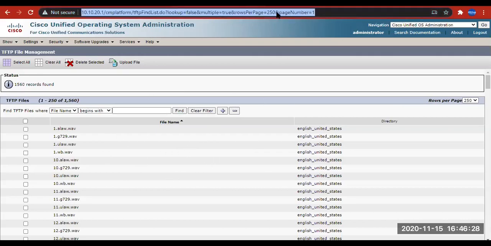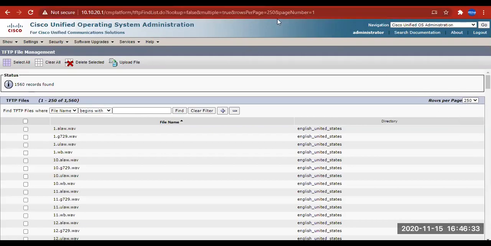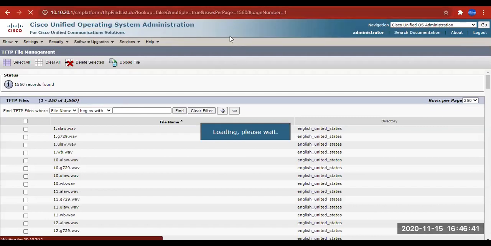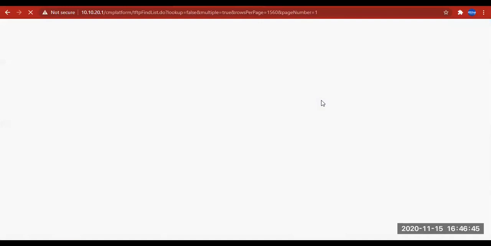You go to this URL where you see 250. After selecting 250 from here, you see it appears as 250. If you put 1560, the exact number of results that you want displayed on this page, it's going to load it all on one single page. It's just a trick. You could do it anywhere on the Call Manager server,